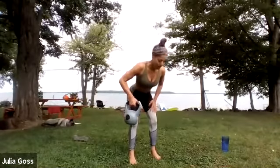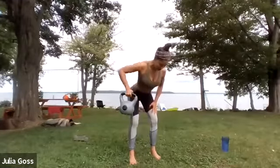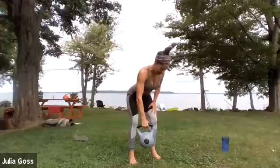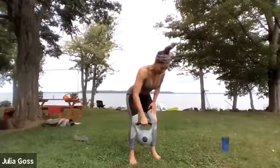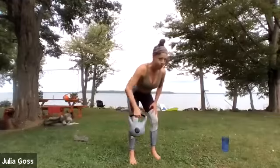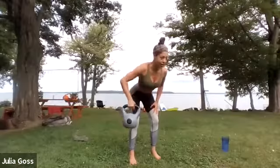Two and one. Here we go. Straighten and row. And again, we're looking to squeeze those muscles up and back. And keep the body moving. You can feel the core doing some work here. Even the hamstrings are getting a little bit of a kick. Three